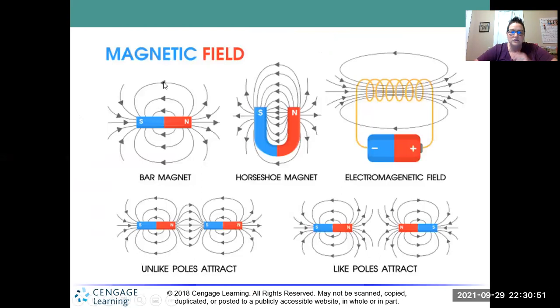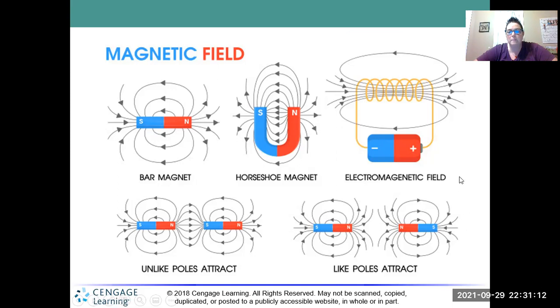And here you can see these are magnetic fields. This is a bar magnet. This is south and north. Here's a horseshoe magnet. You can see how the charge is going. And here is the electromagnetic field. And this is really important that we're going to talk about